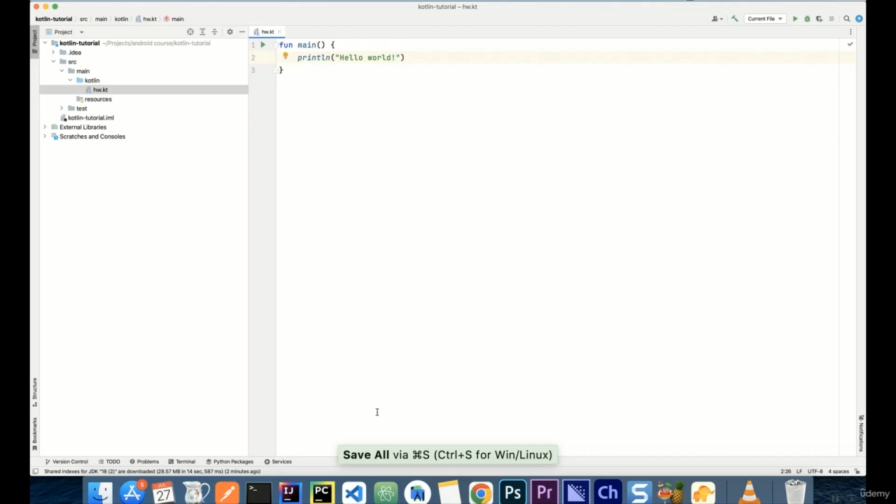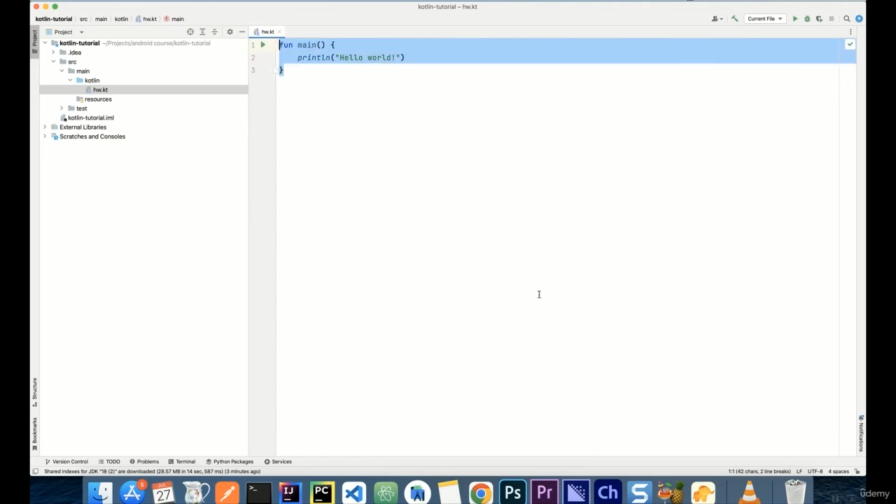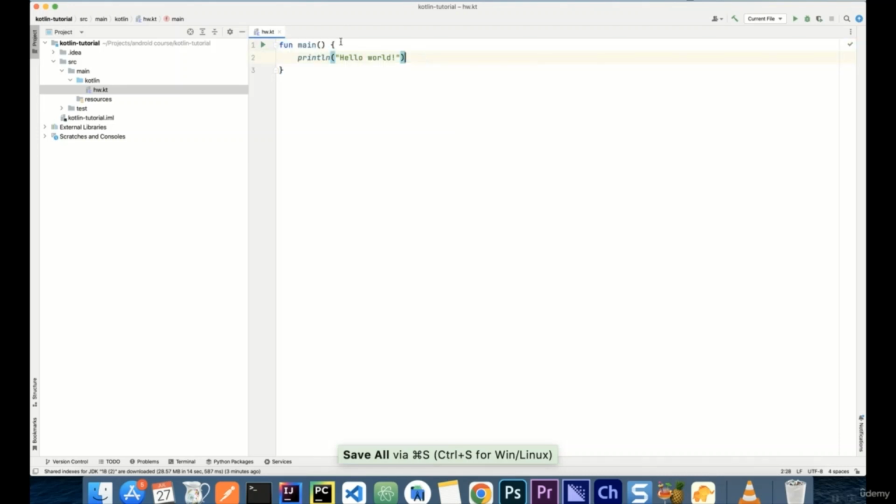Okay, save that. Now, if I save, well, two things I want to mention. First of all, the save is automatic. I'm just kind of used to saving because I often develop in other environments for different languages. For example, in Visual Studio Code, you have to save manually. So I'm kind of used to typing Command S. But also importantly here, you will see the keys that I typed for Save All. Okay, this is the plugin that I was telling you about, the Presentation Assist, that will let you know what I'm typing on the keyboard, right? Even though you don't see the output here in the file, you will see it down below. Anyway, we have our program.